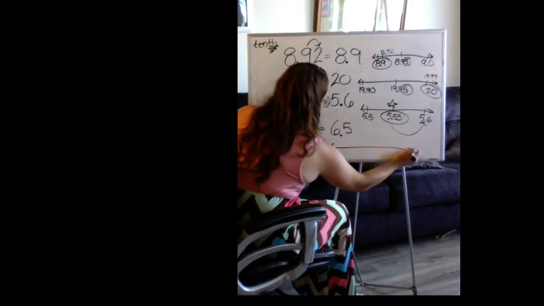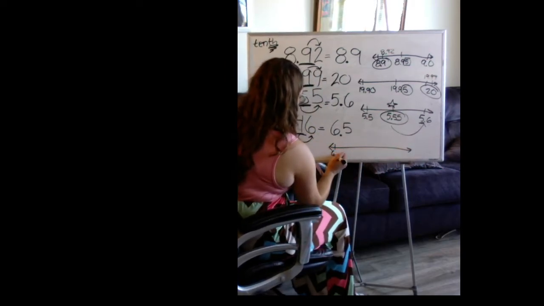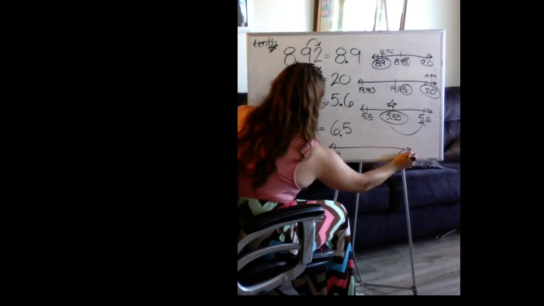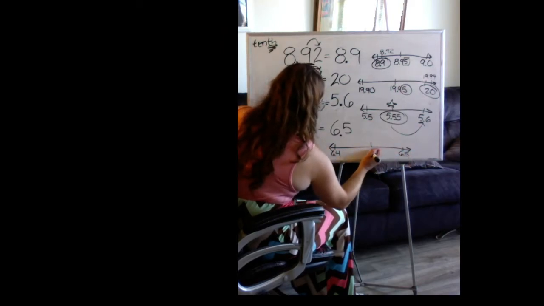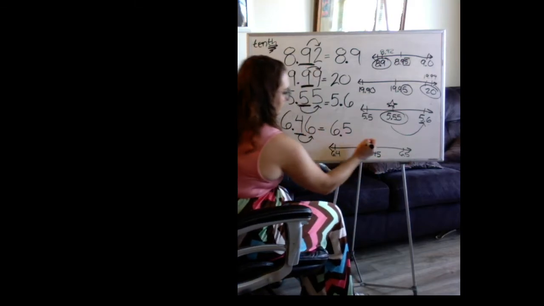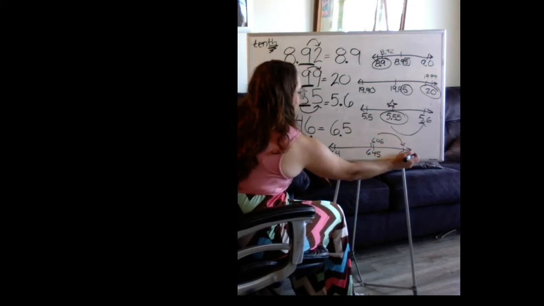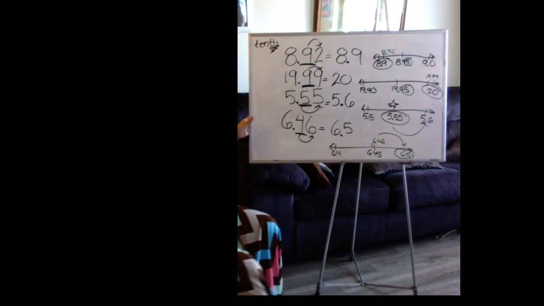Now let's do this last problem on our number line. Our low end would be 6.4. Our high end would be 6.5. Our midpoint would be 6.45. Notice the midpoint has a 5. Then I'm going to add in my original number, which is 6.46, which is slightly closer to 6.5, so my